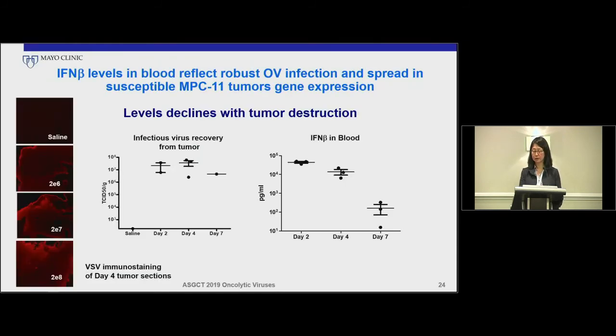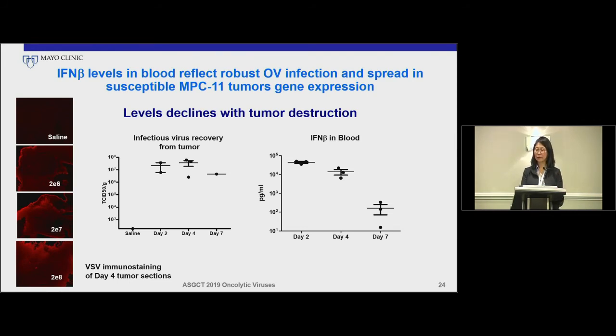This is what the interferon beta looks like in the MPC permissive tumor if you were to give this virus. There's a lot of virus replication and recovery in that tumor. On the left is immunostaining at different doses. You can see the high robust replication recovery at 2 to 4 days, and the corresponding interferon beta levels peak high at day 2 and rapidly decline as the virus-infected cells die off